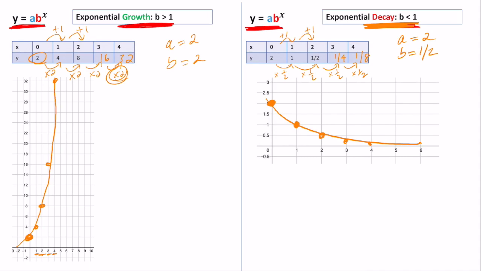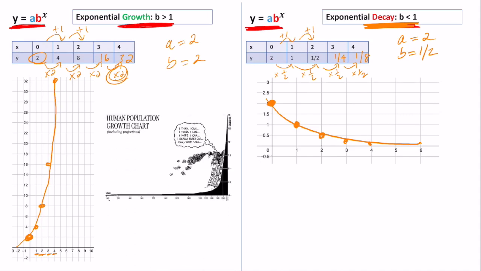So in the real world, where are examples of this? Well, exponential growth, we could see it now with the coronavirus expanding across the world and our country. But human population is another great example of exponential growth. You can see here in 1700, even 1800, we were still below 1 billion people, right? 1900, maybe then we've just gone above 1 billion people. But look, just in this last 100 years, we've gone from about 1.5 billion or something all the way up to, we are right about here right now, about